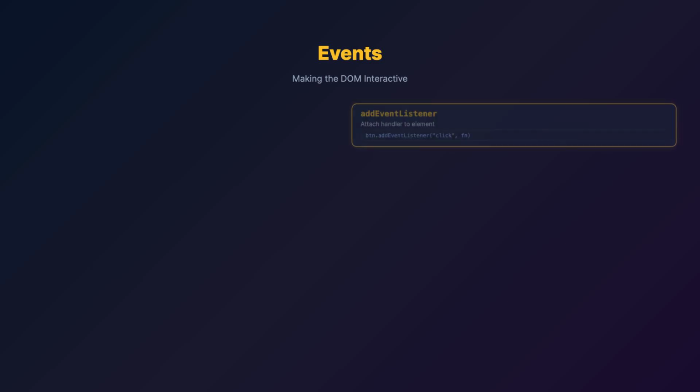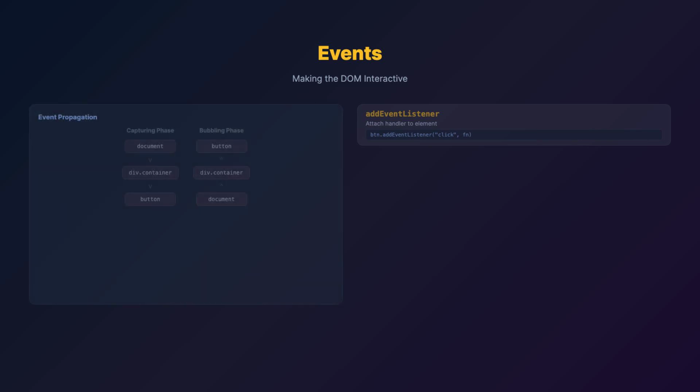The DOM becomes truly interactive through events. An event is something that happens: a click, a key press, a form submission, a page load. addEventListener attaches a handler function to an element. button.addEventListener("click", function